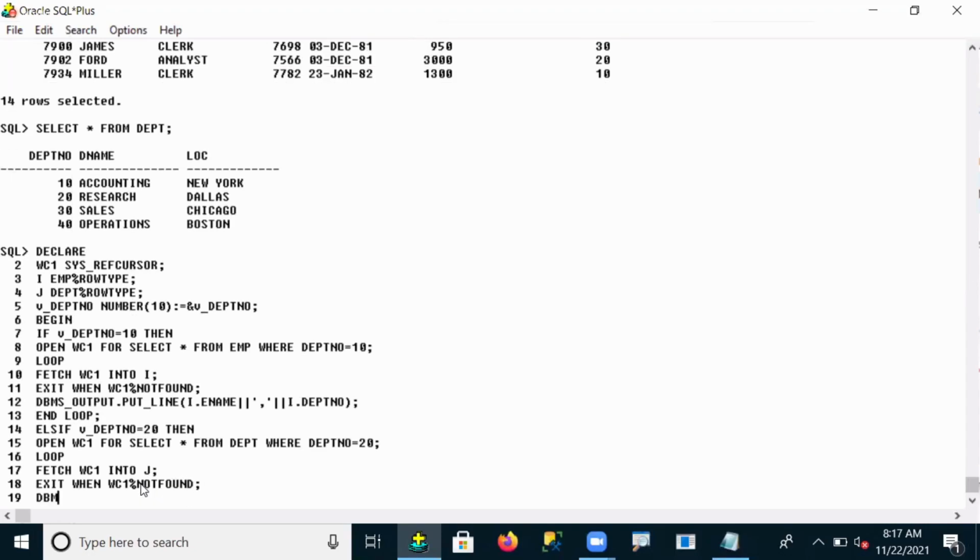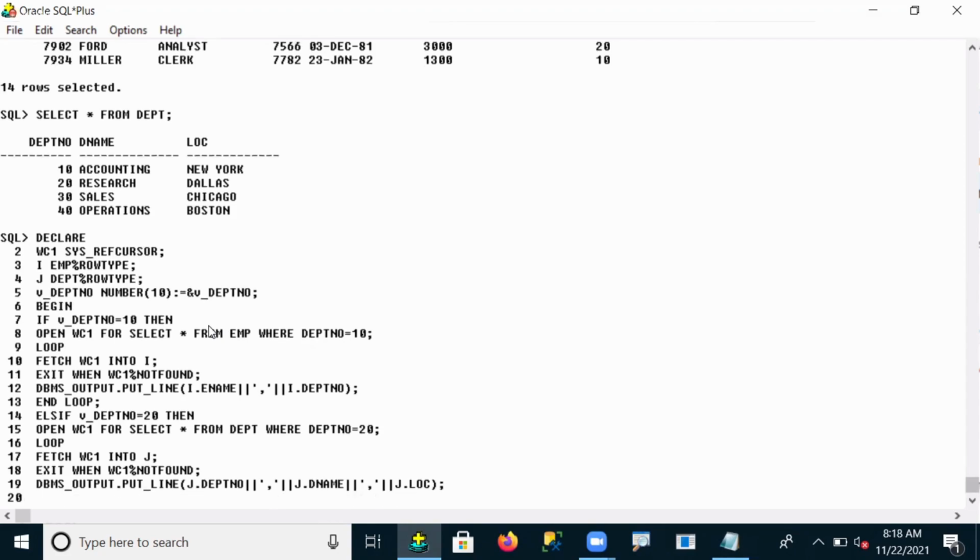And after that, if it is found, then DBMS_OUTPUT.PUT_LINE, I have to print, suppose J.DEPT number. So this is the J. In the second condition, we are returning data from DEPT. The DEPT table we already have, with whatever columns are there. So as you wish, you can call any one column. Suppose J.DEPT number, concatenation comma, J.department name, concatenation comma, J.LOC. Okay, right. So this is the second table data we are fetching, guys.